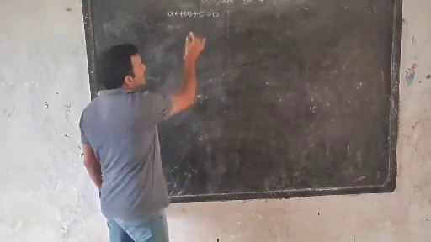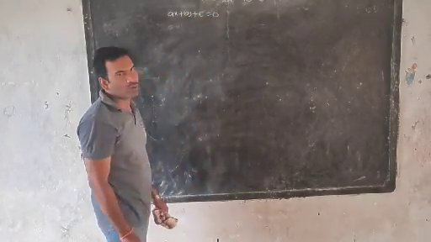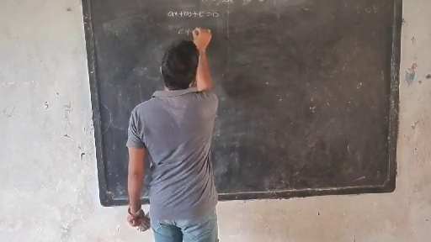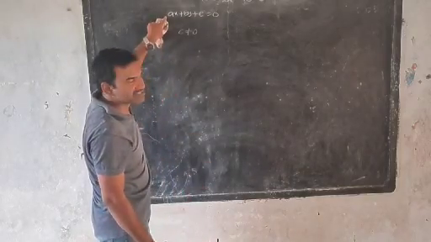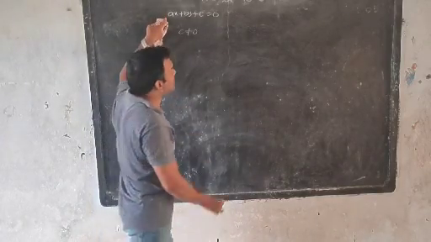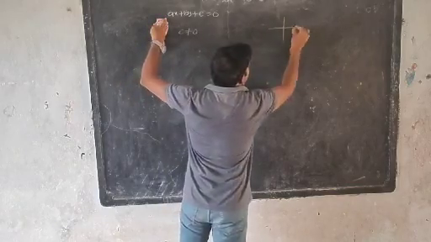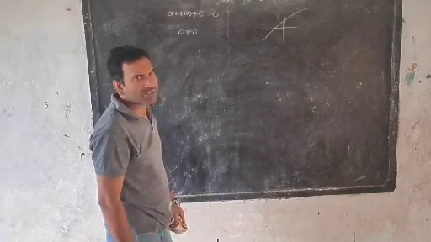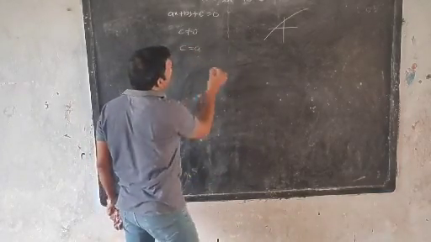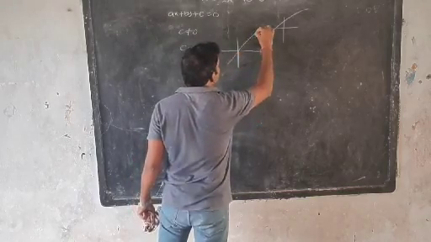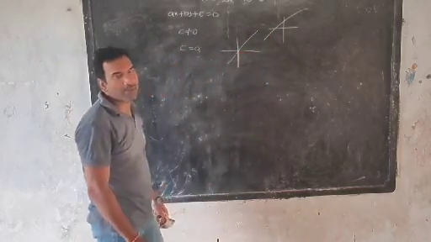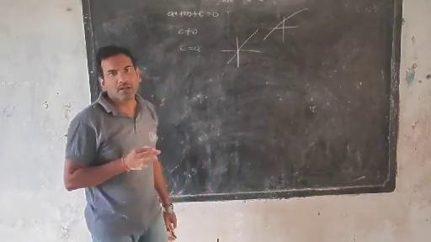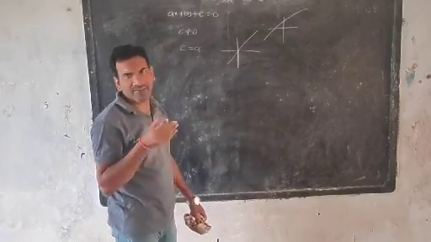Suppose c equal to 0, this constant value is equal to 0, that straight line is passing through the origin. If c value is not equal to 0, this straight line does not pass through the origin. For example, c not equal to 0, the straight line is like this. You can take any one like this. It is not passing through the origin. Suppose c equal to 0, this straight line compulsorily passes through the origin. Already we have this idea.